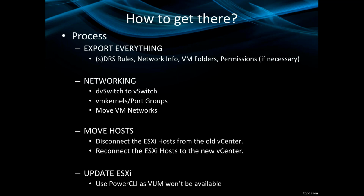So what we ended up doing was we took our even network adapters, created a new vSwitch, created all port groups, migrated the VM kernels and the VM NICs on the evens to the new standard switches, then moved our VM networks over, then moved our VM kernels over, then moved the remainder of the VM NICs over, and ended up removing the DV switch while still retaining network connectivity. At that point, you can then disconnect your ESXi hosts from your old vCenters and reconnect them to your new VCSA